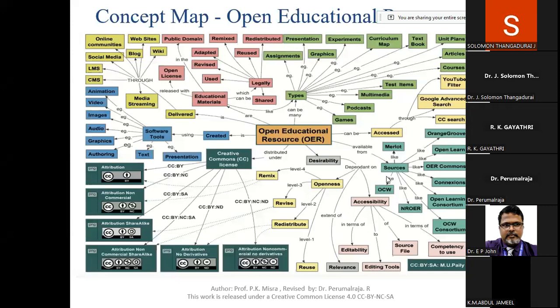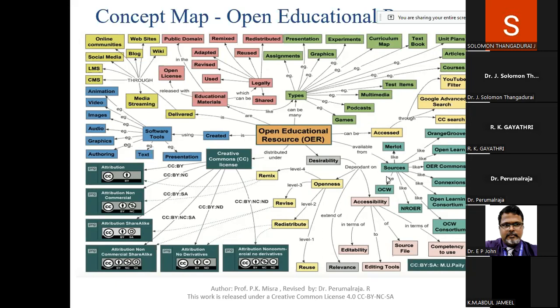This OER will be very clear, and you can adapt it. OER can be accessed through Google Advanced Search, CC Search, or Google Filter. This way also we are able to get the OER material. For this we have separate search engines. In Google also we need to go for advanced search, and we can get the OER material. That way we need to be able to access these things. And again, OER desirability depends on the openness level, whether you can revise or remix the contents. So everything will be discussed in this map.